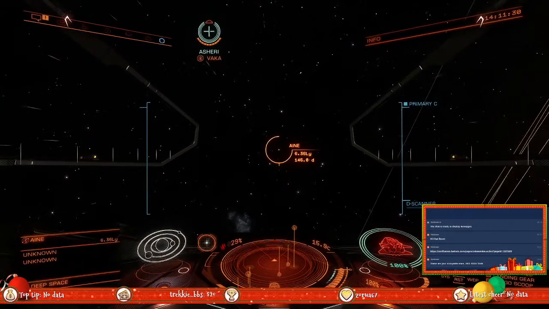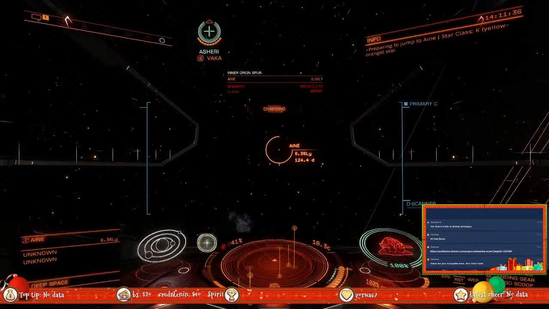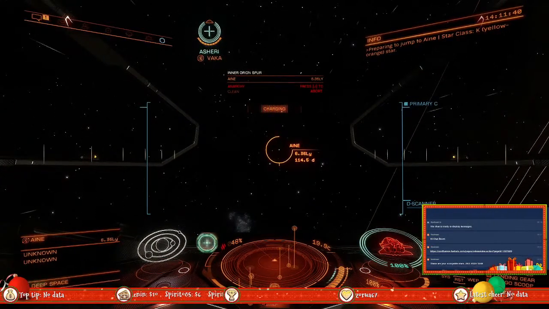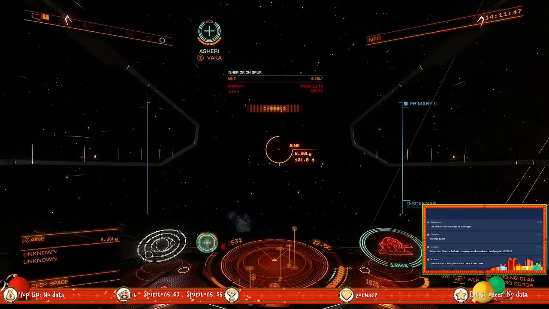Alright, hopefully this next one is a scoopable star. Because you can see just on jumping, once again, the game loves to take you everywhere, the longest way. Oh, you're out of fuel. Well, self-destruct or call fuel rats. 4, 3, 2,